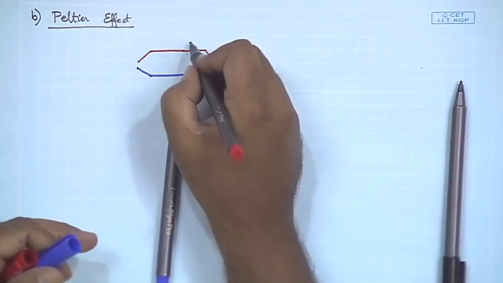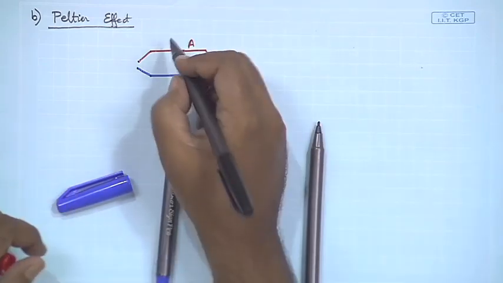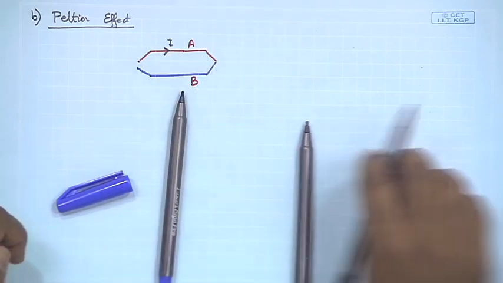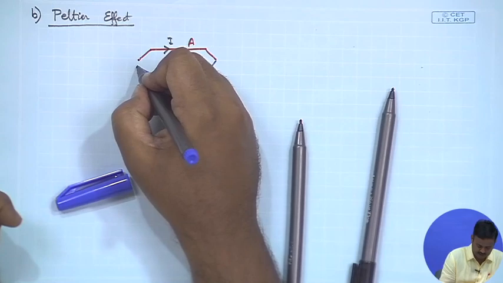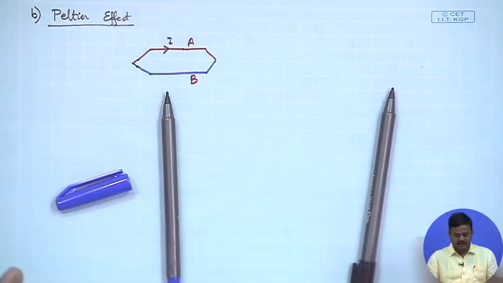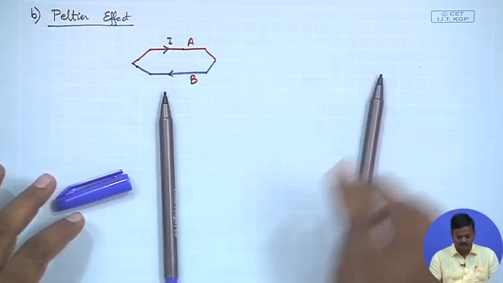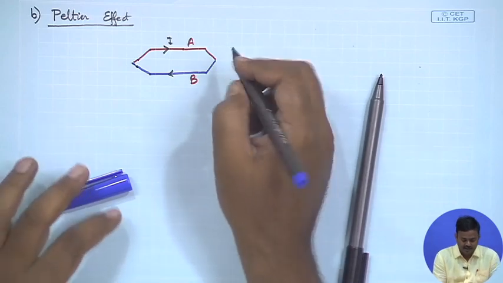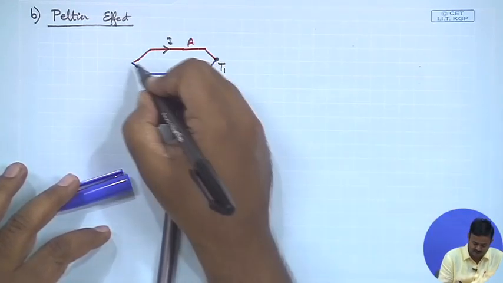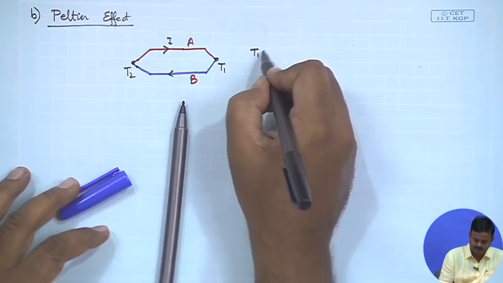So, I am going to write it as A, I am going to write it as B, and let us say we now have a direct current flowing through this circuit from A to B. Okay, let me close the circuit, join these. Then if a current is flowing through this, we see that there is a temperature difference created across the ends, say T1 and T2, and let us say T1 greater than T2,